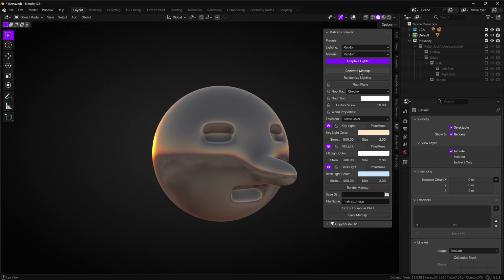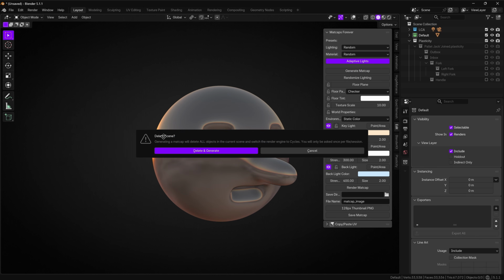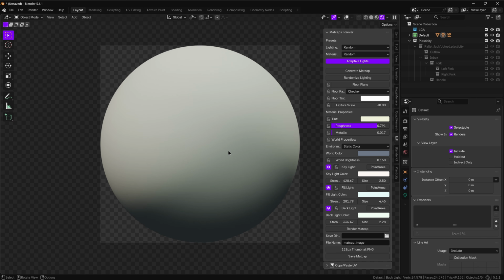So when you press generate matcap, it's going to completely clear your scene, which it used to do before, but now it gives you a little warning. It says generating a matcap will delete all objects in the current scene and switch the render engine to Cycles. You will only be asked once per file or session. So I want to delete this little head I made. And now we are presented in Cycles. Now, it does work a little bit in Eevee,